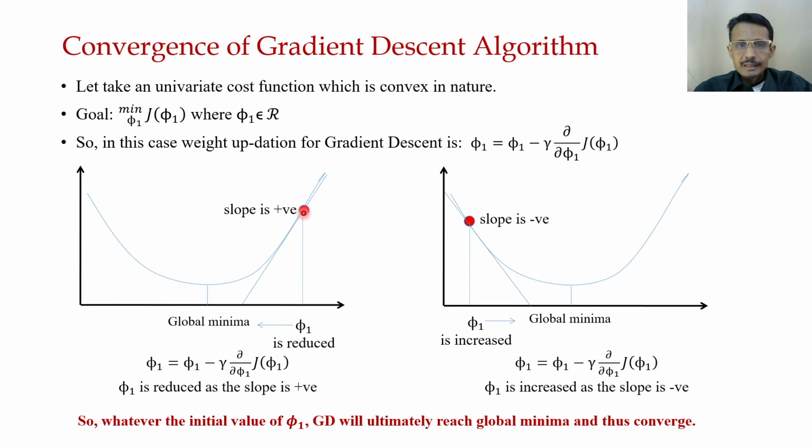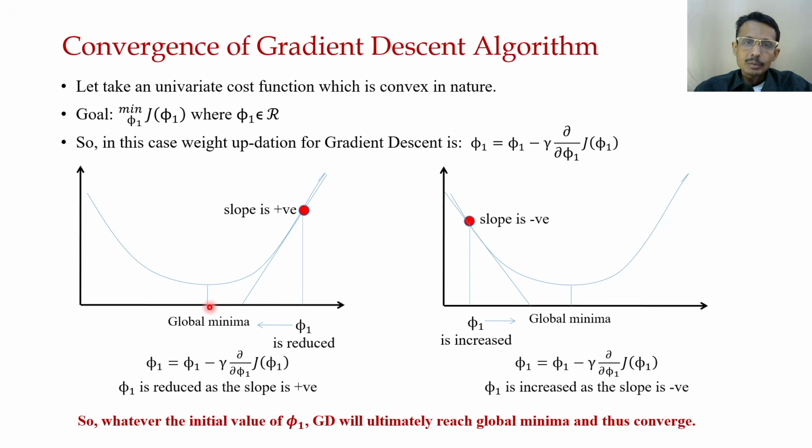The derivative is positive and gamma is also positive, so the whole term is positive, and since it is subtracted from phi 1, phi 1 is reduced. It is interesting to see that phi 1 is on this axis, so to come to the global minima, phi 1 should be reduced. And since the slope is positive, phi 1 is reduced so that we slowly reach